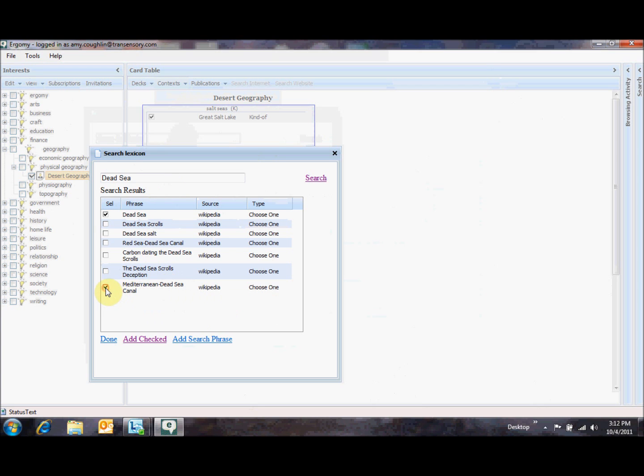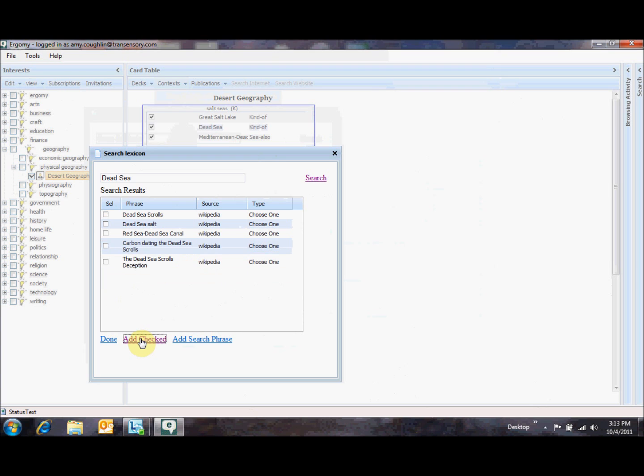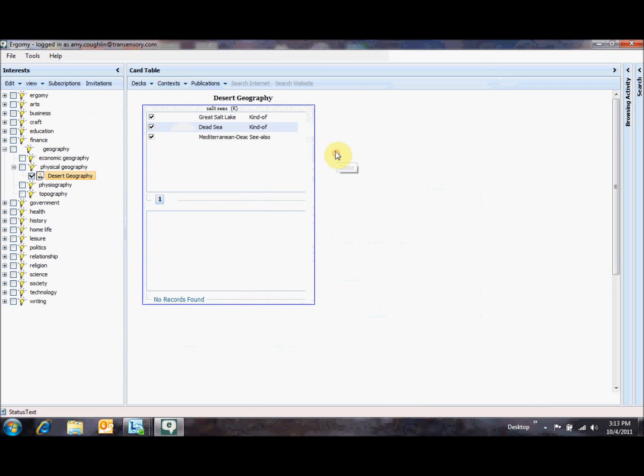Then for each of them I choose a type, and these are kind of salt seas, although this is probably more of a sea also because it's not technically a sea, it's a canal. And I can click Add Checked, and it should add both of those two to my desert geography interest as children of the salt seas